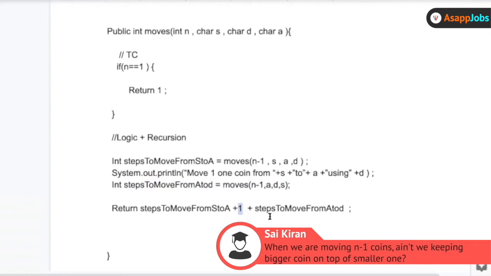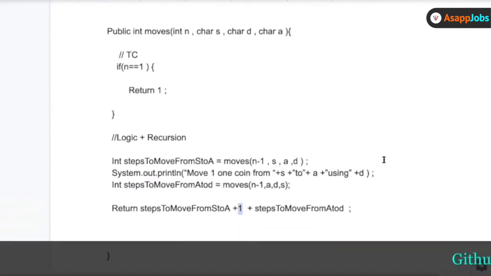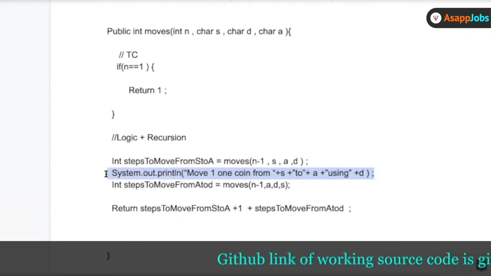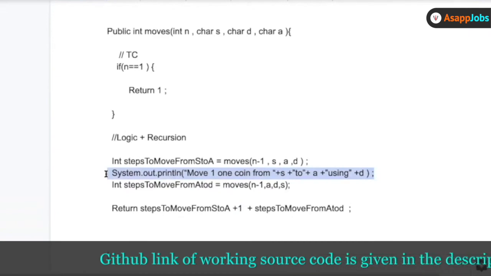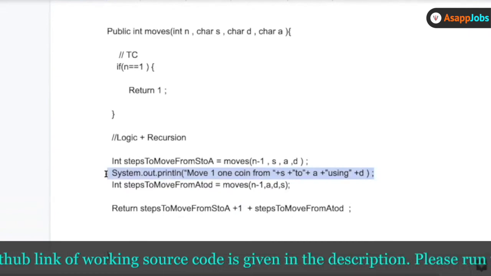And if you want to visualize this, in the interest of time I'll not do it, but I'll share this piece of the code. You can simply copy this code and try to run this. And I think in that case, you'll get a proper one-by-one view of how the coins are moving from one to another.